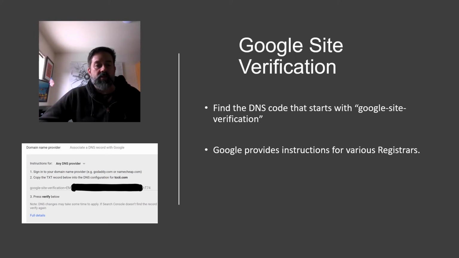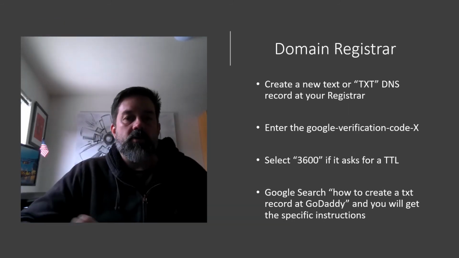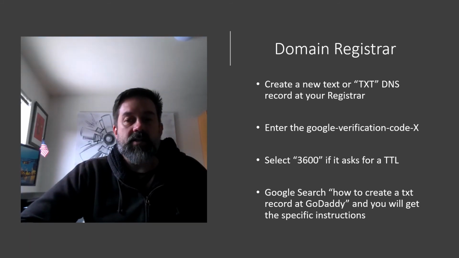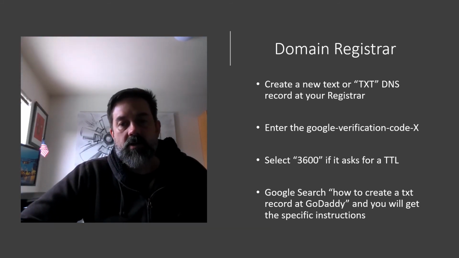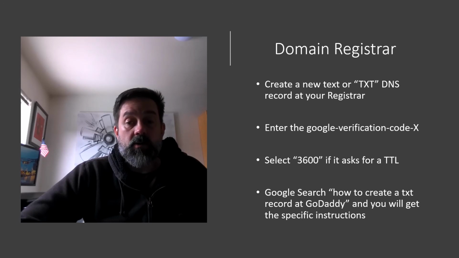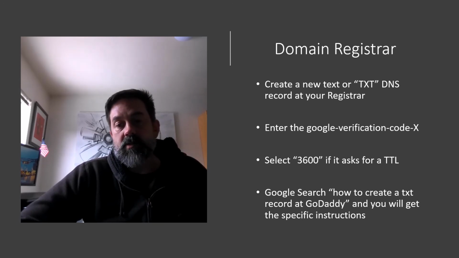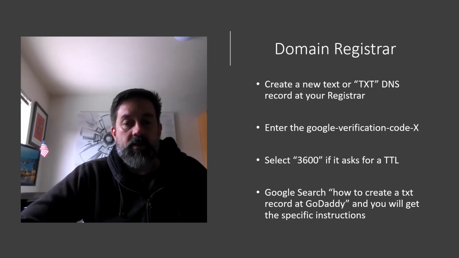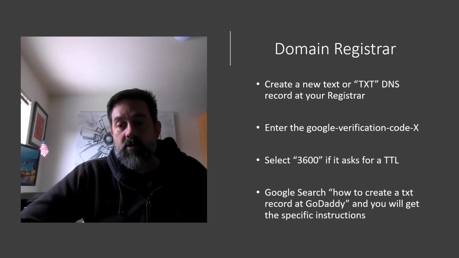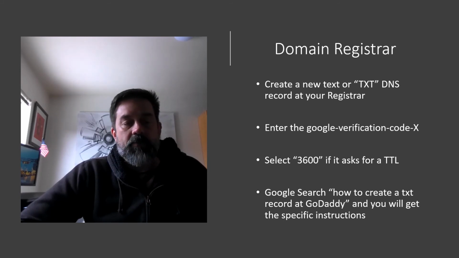So Google does provide some instructions for various registrars, but this is the part that you'll need to figure out: what your registrar's method of creating a text record is. So you're going to want to create a new text or TXT DNS record at your registrar. And there you're going to enter in the Google verification code. If it asks for a TTL, or time to live, you're going to select 3600. We can get into what that does a little bit later. And what I would recommend is to search with Google how to create a text record at GoDaddy or at your registrar. Now, if you don't know what a registrar is,